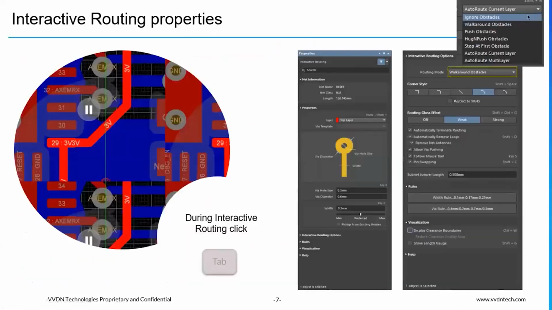And this is the property window of the interactive routing. While routing, if you press the Tab button, it will pause the window. Before, in the earlier version, if you moved the mouse, then without the command only we could go to the properties and change them, and then come back, right? But now even while you are in the command, like interactive routing, you can press Tab, pause the window, and it will open the properties in the Properties panel.